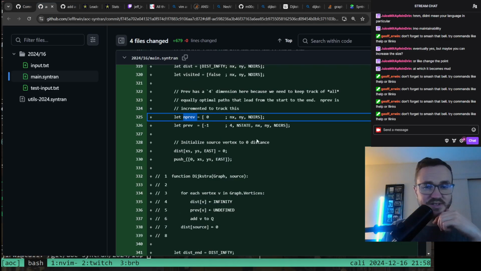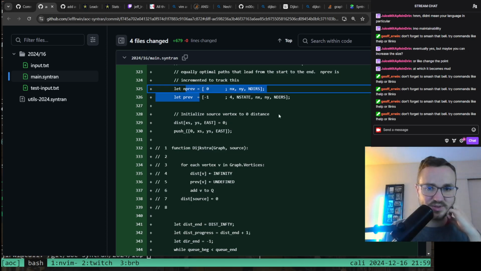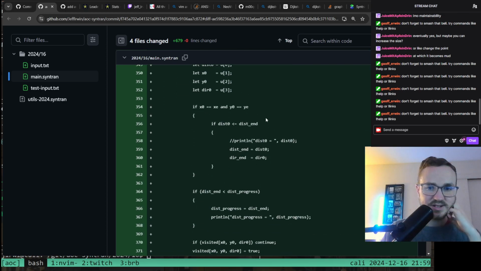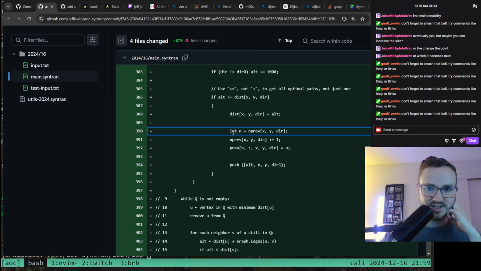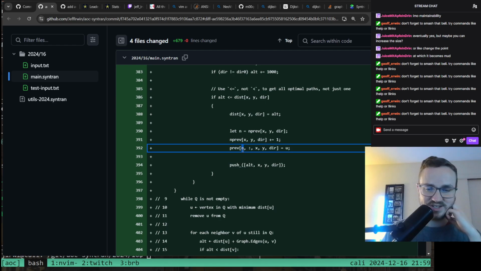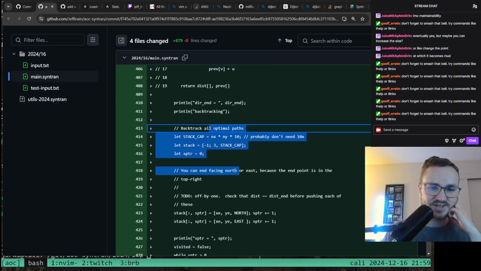That's a different commit. Here's today's commit. So part 2 is just adding these two things. And then after you initialize them, you have to set them in here. If you only had one path, it would just be one line. But because there are multiple paths, you need an extra dimension here. And then backtracking,